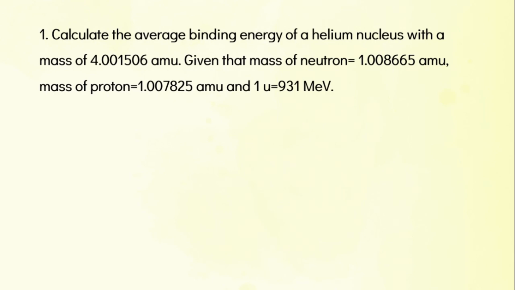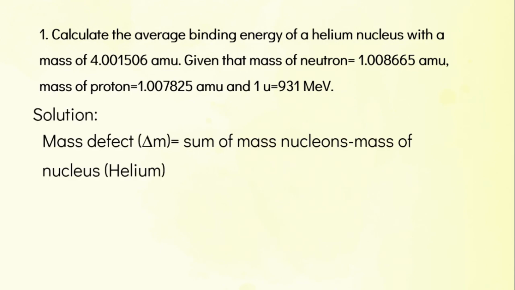We are asked to calculate the average binding energy of a helium nucleus with a mass of the given value, that is 4.001506 atomic mass unit. Given that mass of neutron is 1.008665 atomic mass unit and mass of proton is 1.007825 atomic mass unit, and we also have the value for one universal atomic mass unit, that is 931 million electron volt. So here we have to know that first we have to find the mass